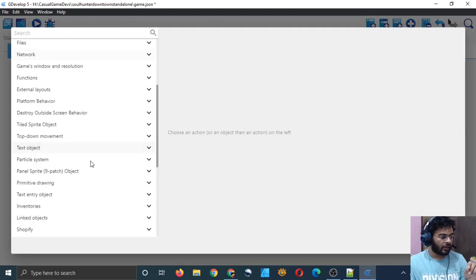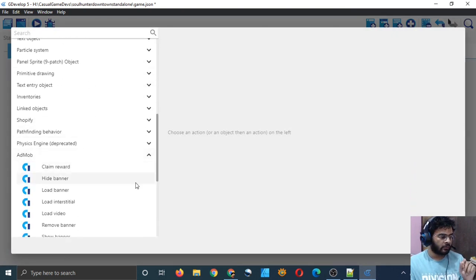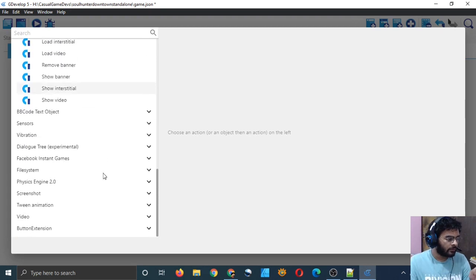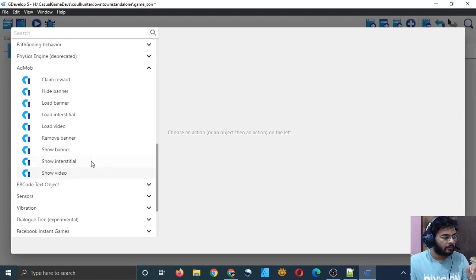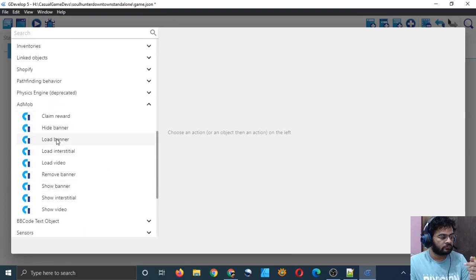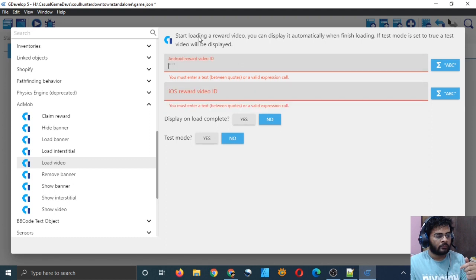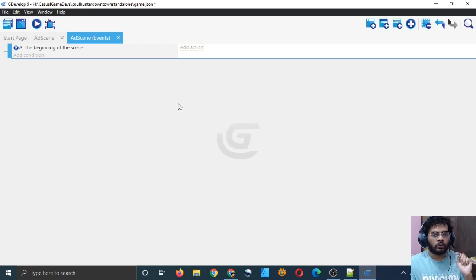So I saw AdMob here, and it does not have the code to initialize the ad. If I say load video, start loading a reward video. No. Oh yeah, one more thing.